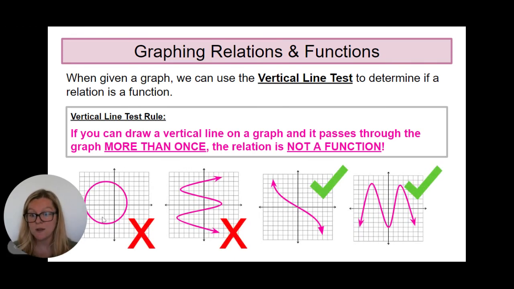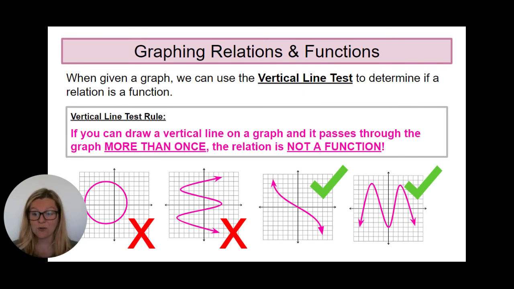If I draw an up and down line and I hit this guy here and this guy here, that is 2 points, therefore it is not a function. Same thing here, I can draw a vertical line up and down, hits 2 or more points, not a function. This guy, anywhere I draw a vertical line, it will only hit the graph once, therefore it is a function. Same thing with this guy, anywhere I hit it, it is going to be a function.